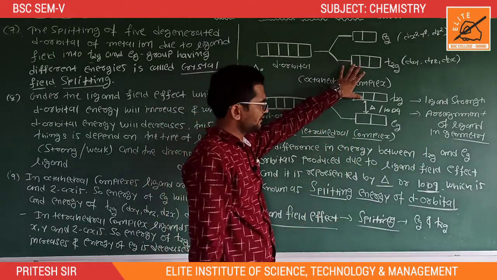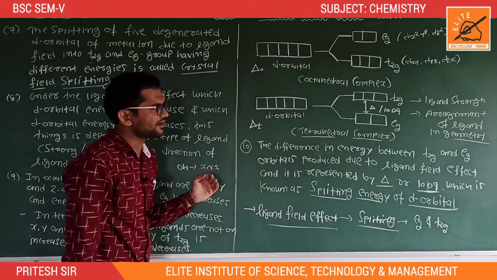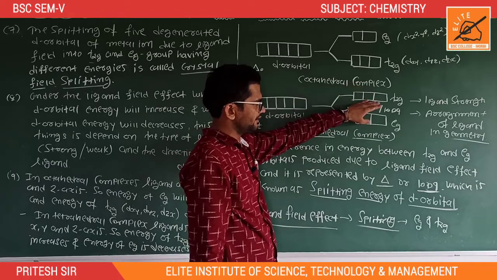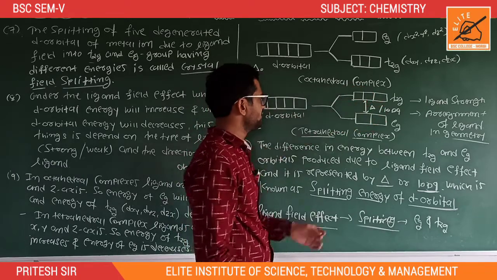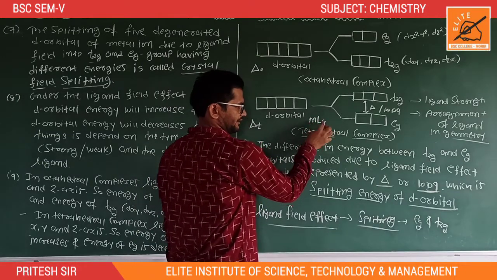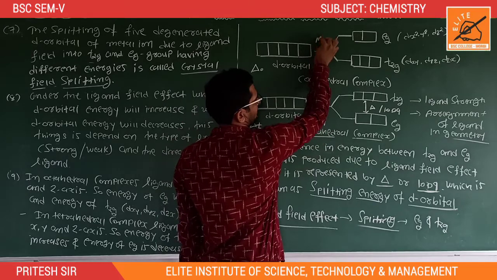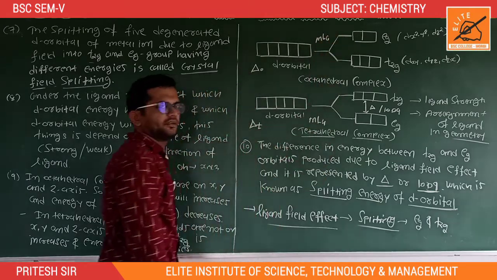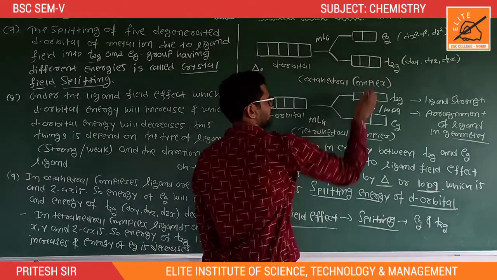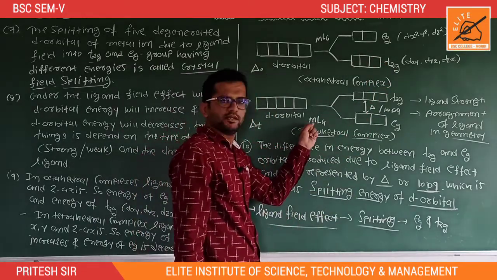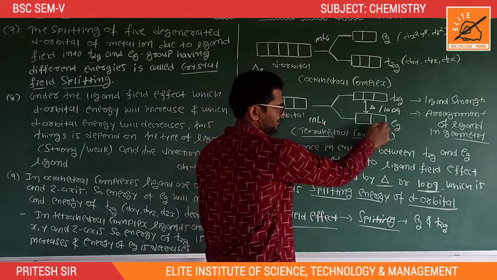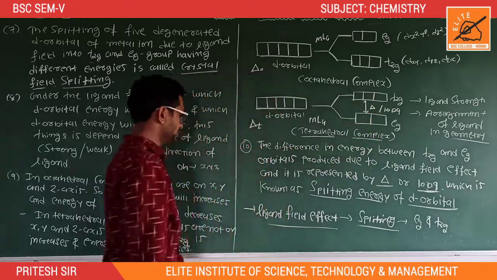decreases. But in tetrahedral complexes the ligands are not on the axes. At that time the energy of t2g increases and the energy of eg decreases in tetrahedral complexes. Tetrahedral means ML4 type complexes, with a metal ion and 4 ligands. Here this is the ML6 type complex. So in ML6 type complexes, the first electron enters the t2g group, then the eg group. But in ML4 tetrahedral complexes, the first electron enters the eg orbital, then the t2g orbital.